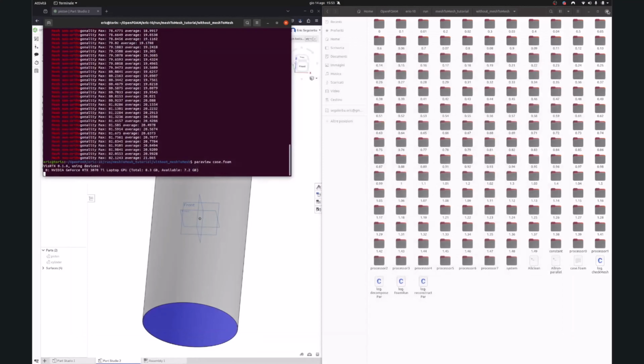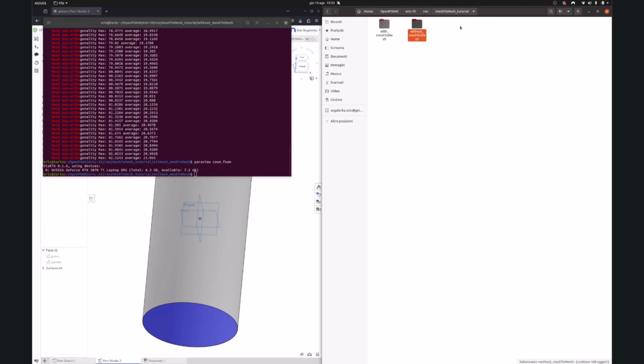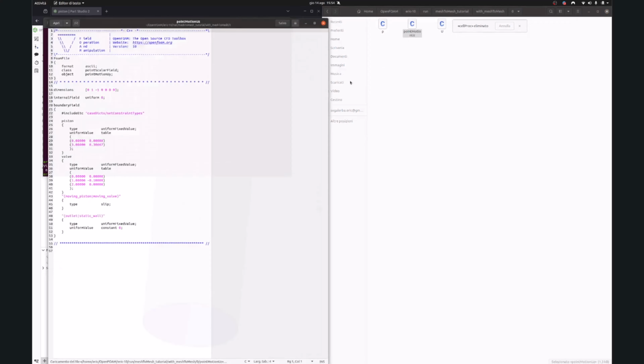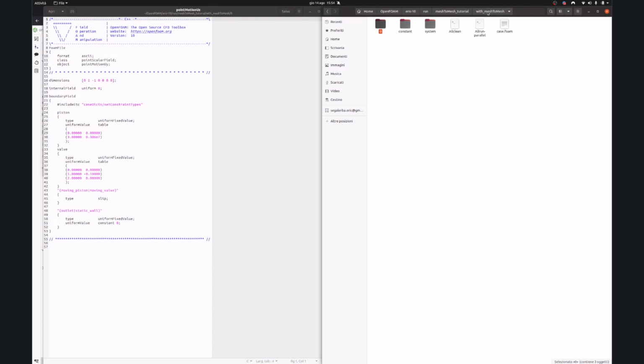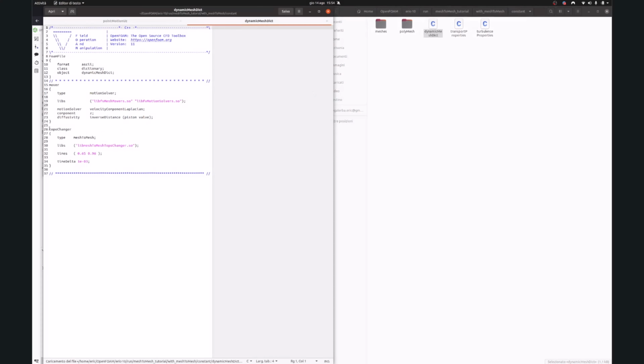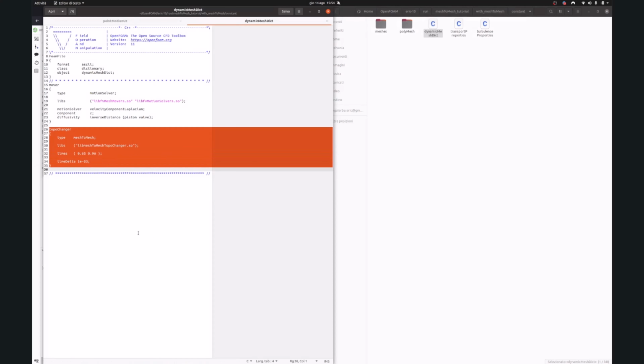Now we can move to the case with mesh-to-mesh, okay? In this case, the zero folder is pretty much the same. This is not important, you see, this is the same. And there is only one difference. The only difference is in the dynamicMeshDict, you see this folder, this